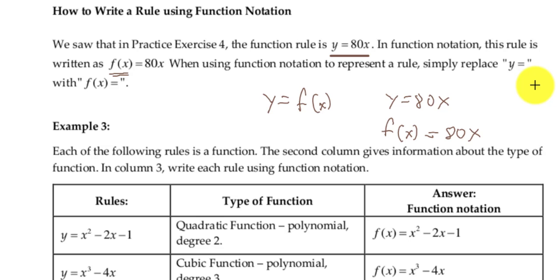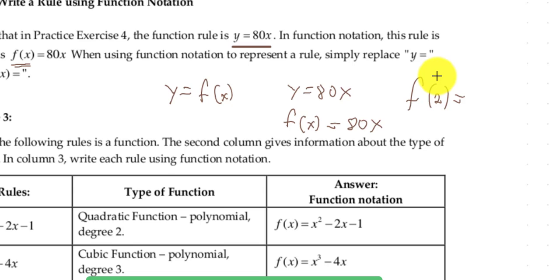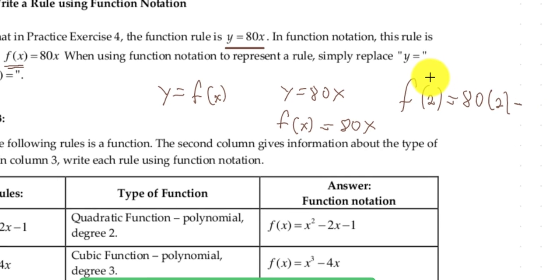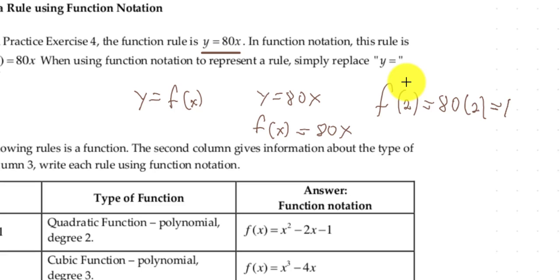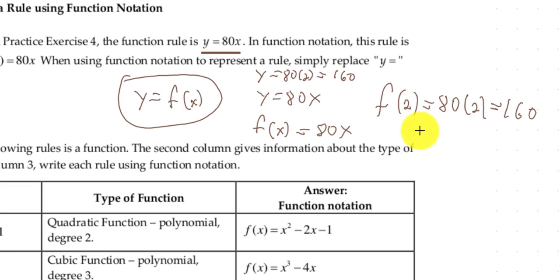If I said find f of 2, that means what is the value of calories when I have 2 cookies. It would still be 80 times 2, which equals 160. Okay. And then if I ask you what's the value for calories for 2 cookies, you could always just write y equals 80 times 2. It's still going to give you 160. So my point is, whether you use y or f of x, the meaning should still be similar. All right, now looking down,